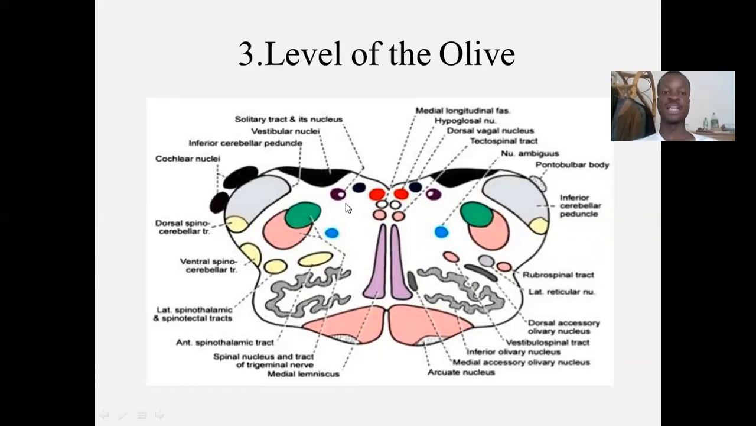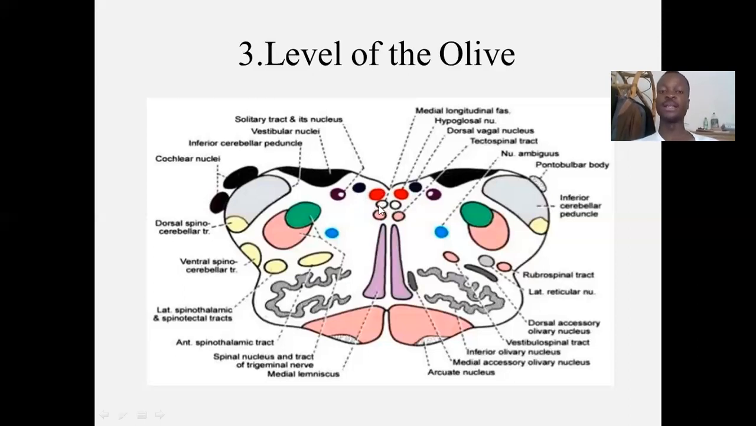Then this is the solitary tract and its nucleus, right? Then this is the dorsal vagal nucleus, right? Then this is the hypoglossal nucleus, which is more medial. Then this is the medial longitudinal fasciculus. Basically, it'll be carrying fibers that will be